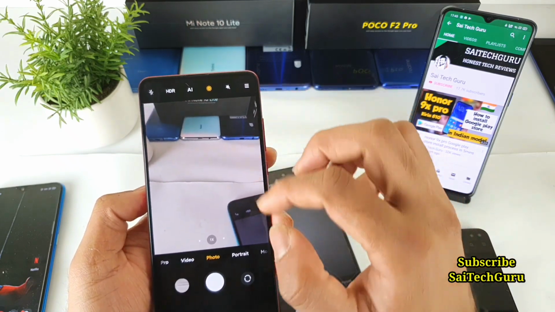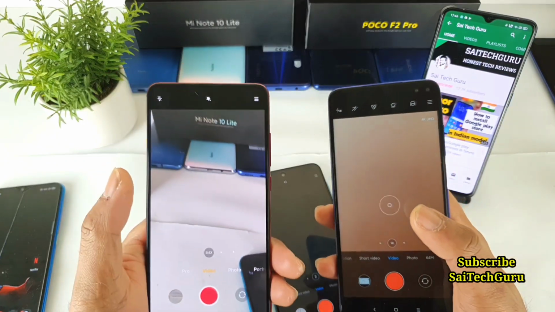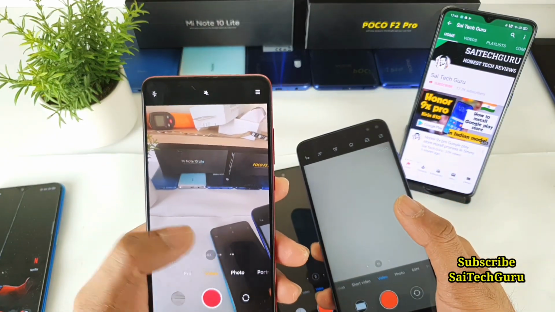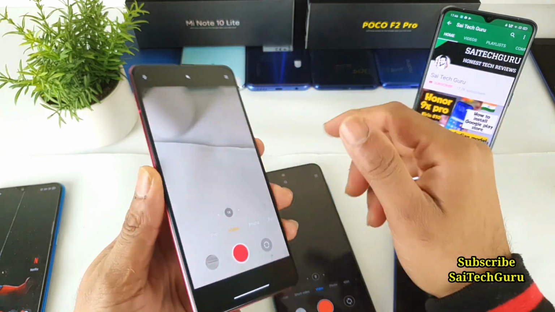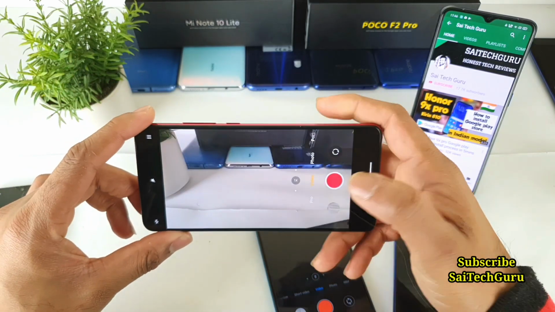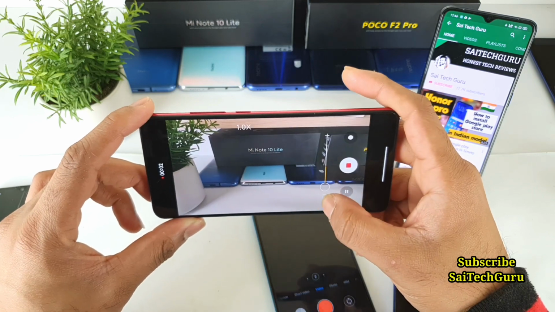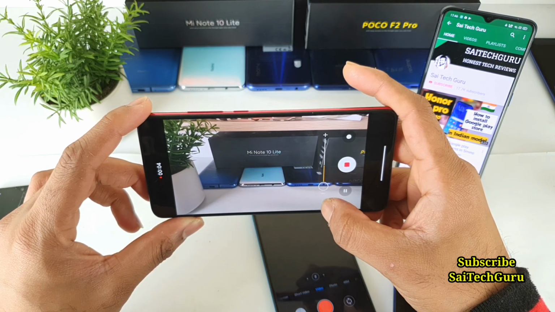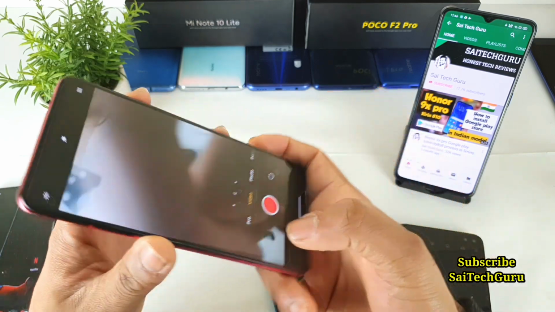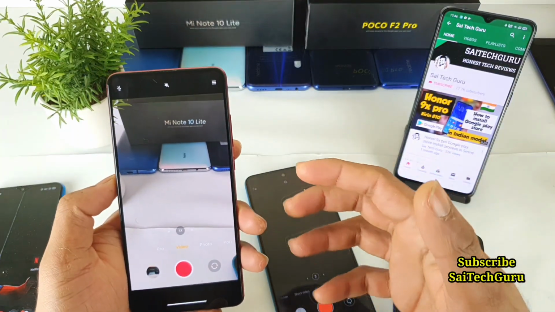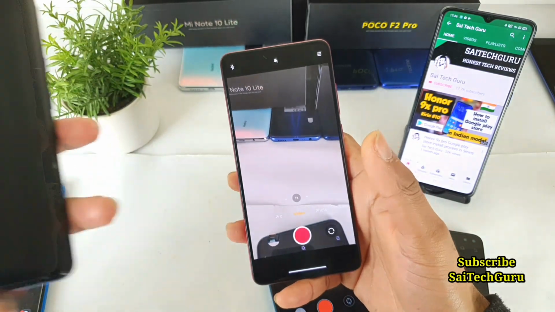And next, in the video mode as well, you can record with the ultra wide lens. As you can see, you can record with the ultra wide and normal lens, so there is no problem. But one disadvantage, which maybe they need to figure out in the next update, is that when you're recording in the normal mode, as you can see right now, you cannot switch to the ultra wide shot, so it will stay only on the normal lens. There is no option to change as well. But usually the phones which have an ultra wide lens will have this option to move backward. The same thing has happened with the OnePlus 7 Pro device.